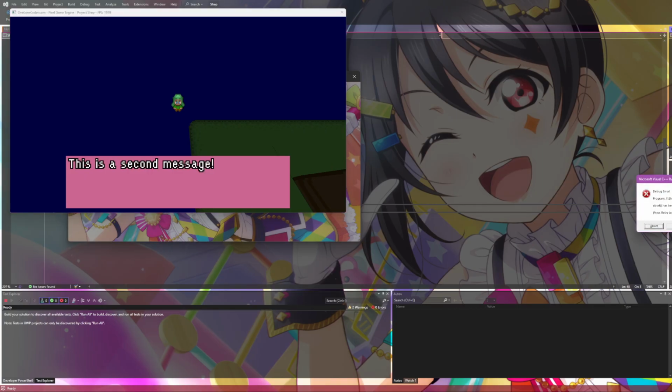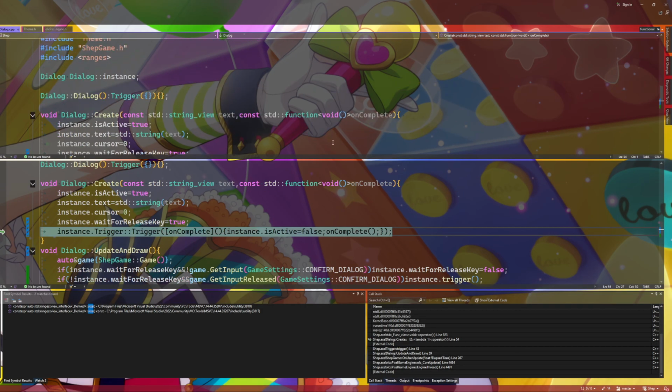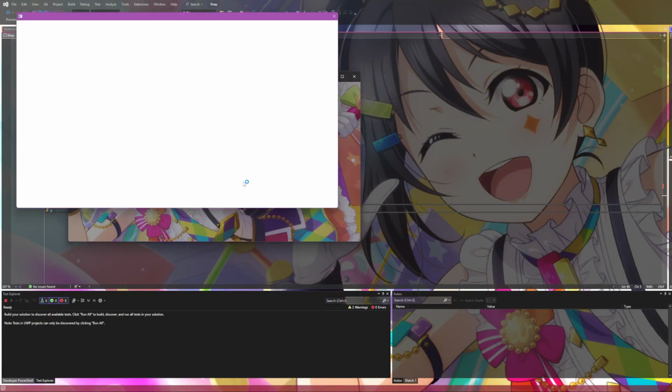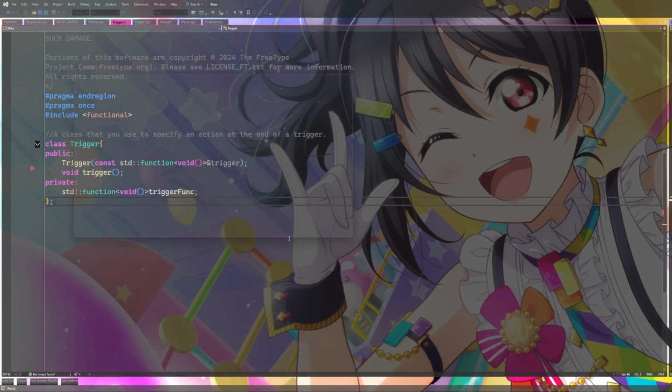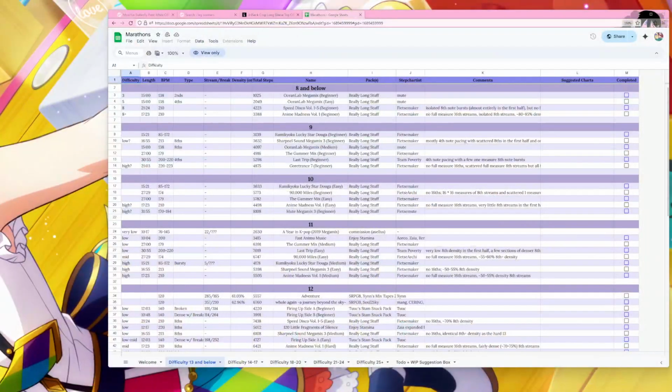Okay, and then abort has been called. Abort, abort. OnComplete has no... oh, I see. The trigger would occur, but we have to say if on complete, because we're assuming there is something to do, but there might not be, so it's running a dead function. I feel like a dead function should just not work. Also, we're not waiting for that release key for some reason. I have to figure that out still.